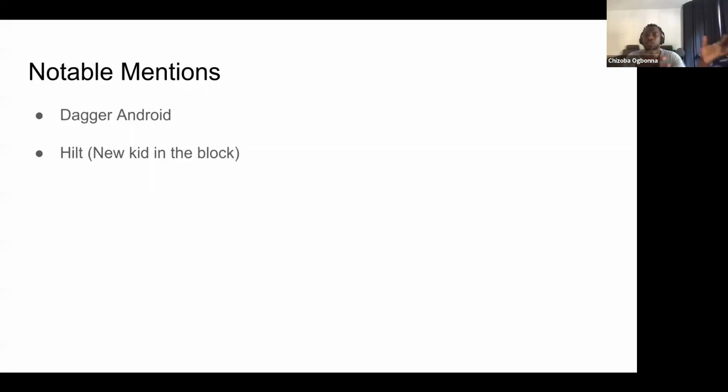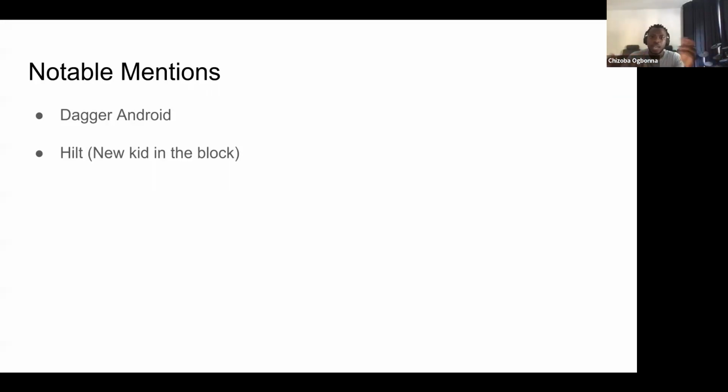Those components are generated for you. The way Dagger Android was generating subcomponents for you, with it, they already have components generated for you. You only need to create modules and say, let this module be in this already generated component. But it's worth taking a look at these things, and maybe we could have a talk sometime